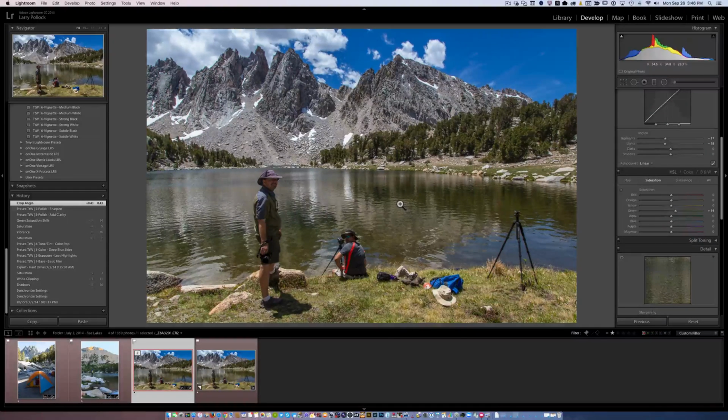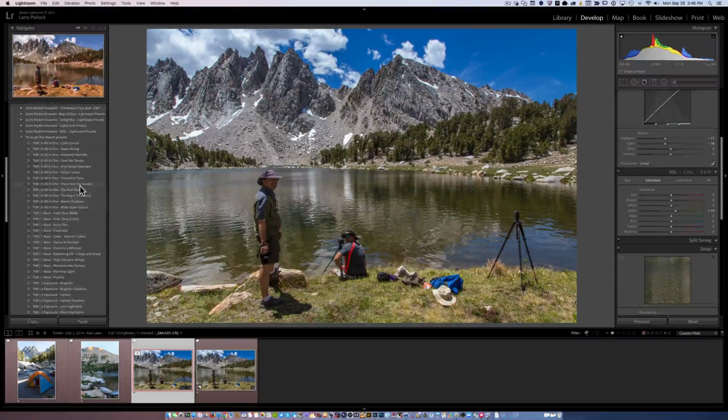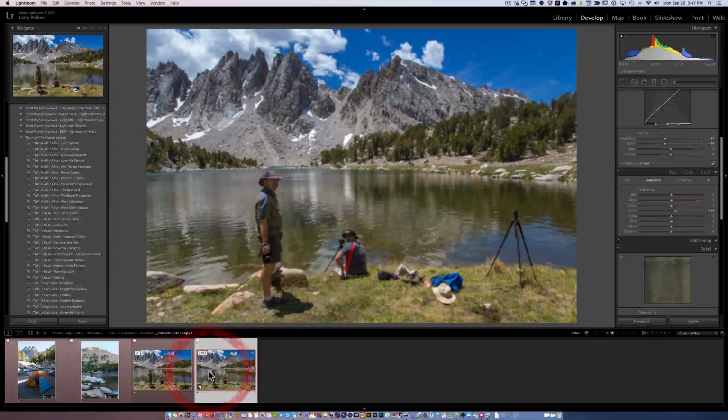This happens to be Kearsarge Lake, just below Kearsarge Pass. So we were up there a couple years ago. So I thought this would be a good one to practice with these ones that are through the woods, basically landscape presets. So I also did one other thing, because another thing that comes with these are brushes. And so over on this next one, I made a virtual copy of this before I actually had leveled it